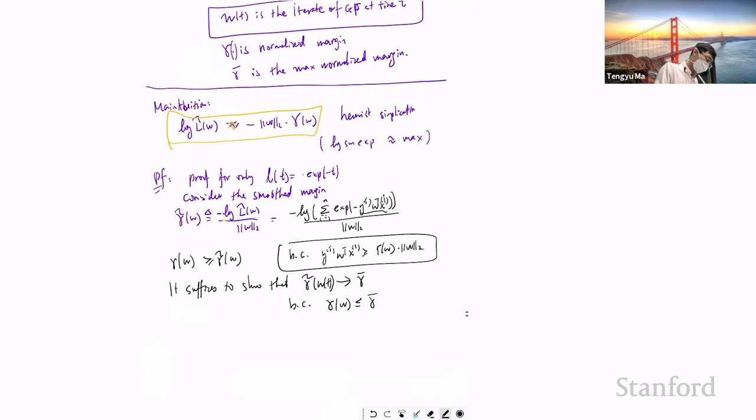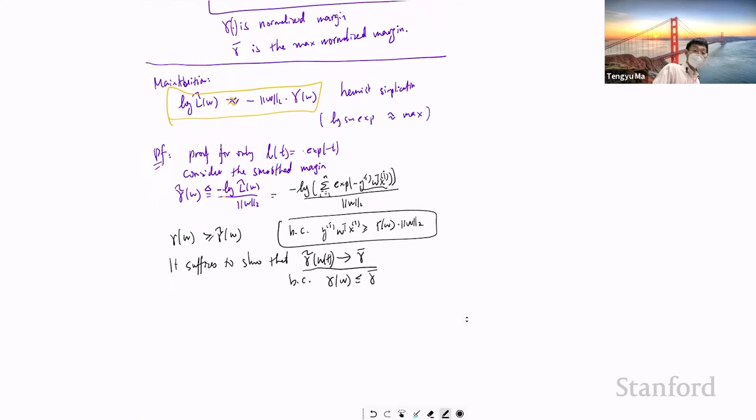Okay, so now basically this is what we're going to do. We're going to prove that even the smaller value, the smooth margin, is going to converge to gamma bar. So then the larger value will also converge to gamma bar. And the proof is actually also pretty simple. We'll show the gradient flow will increase this quantity, the log of the log loss,